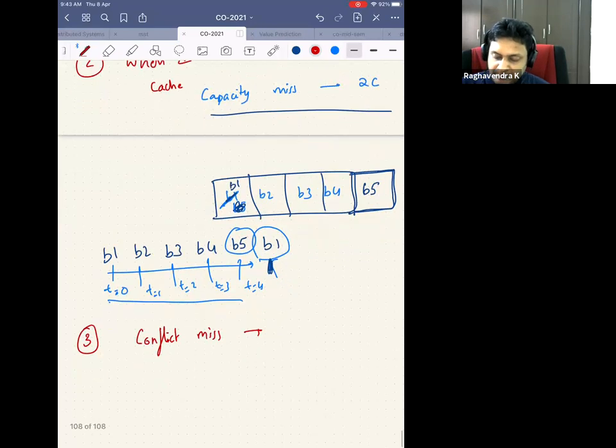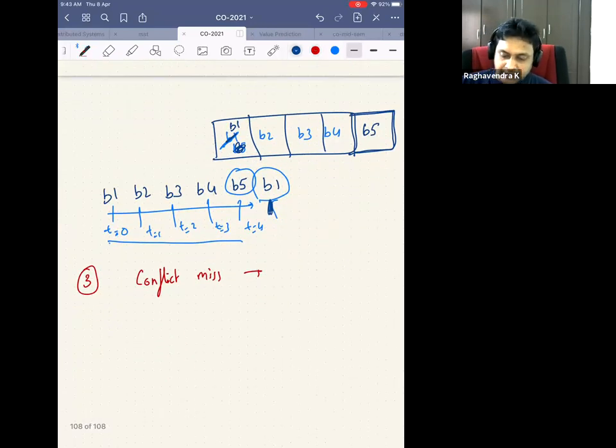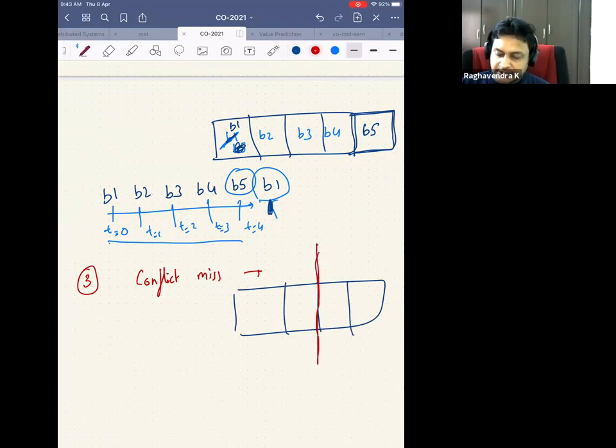So why does conflict miss arise? Let's say I'll take the same example. I have 4 blocks, right? But I have divided them into 2 sets. Now the same addresses have come. So maybe I have kept block 1 here, block 2 here, and then block 3 came. So I removed block 1 here and kept block 3 here. Then the CPU generated an address for block 1.